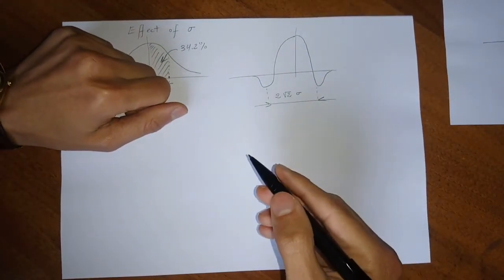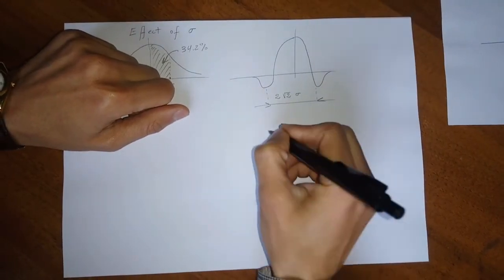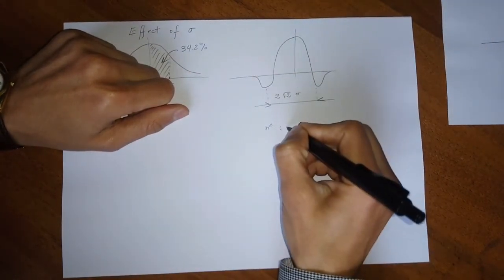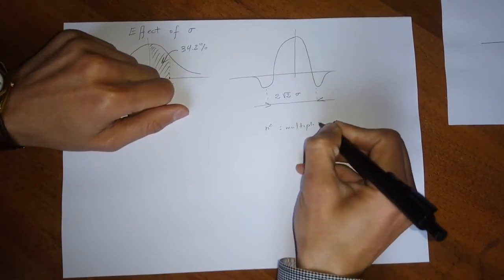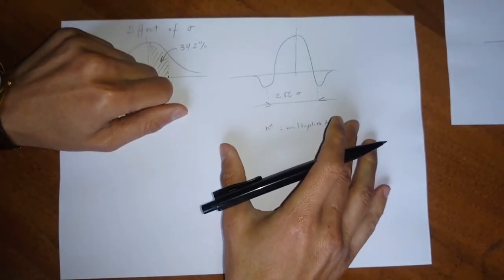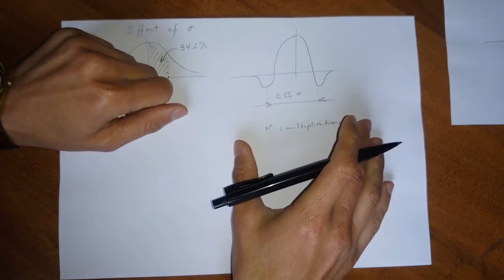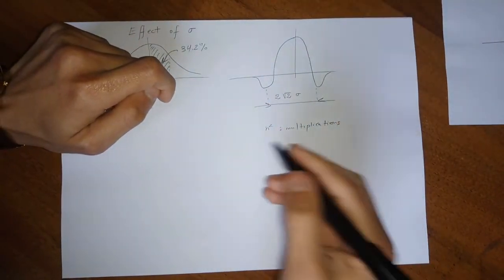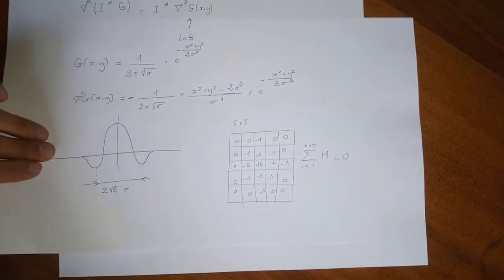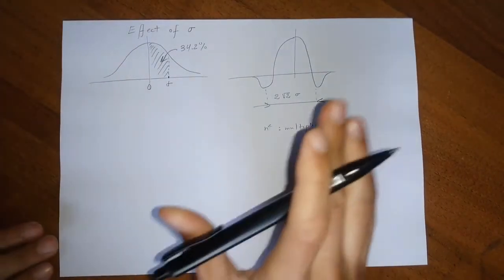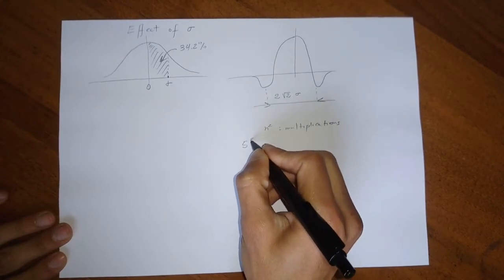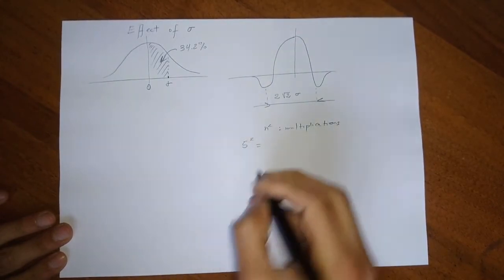And the convolution requires n squared multiplications. If we convolve, for example, the 5 by 5 kernel that I showed you earlier with our image, we would need 5 squared multiplications,